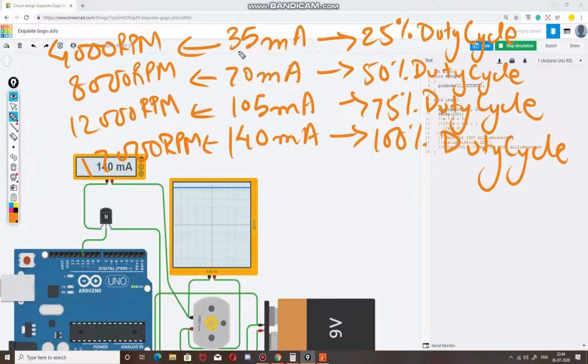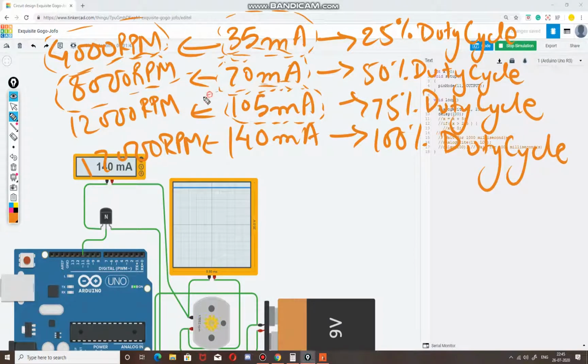So see, the more current is flowing, the more the RPMs. You can see that with 35 milliamperes of current flowing, speed is 4,000 RPM. If you provide more current, 70 milliamperes, the speed is 8,000 rotations per minute. With 105 milliamperes, 12,000 RPM.